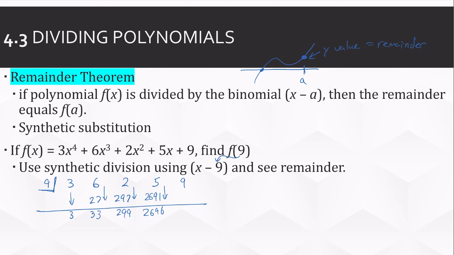Multiply by 9. And then add. And just look at the remainder. So we know f of 9 is the remainder, which is 24,273,